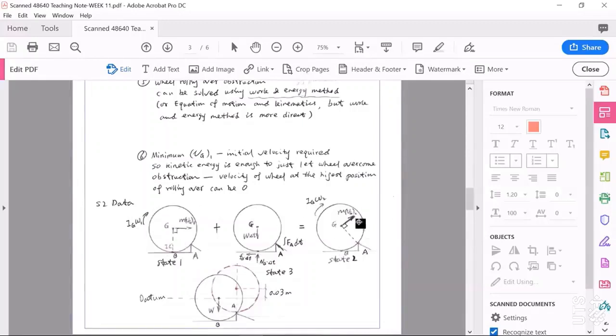Here, this one is the impulse momentum diagram, and this one the initial momentum diagram, and this one the momentum diagram in state 2. In the middle, this is the impulse diagram, and here you can see